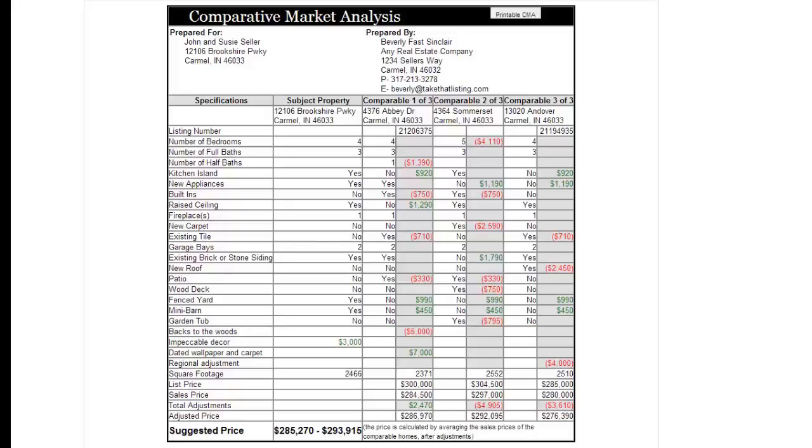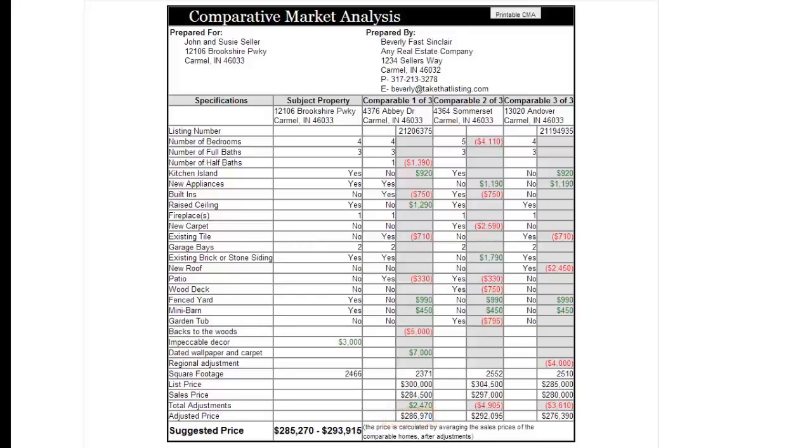Presenting the bottom of the CMA, I would say, Mr. and Mrs. Seller, we know this house, for example, is listed for $300,000, sold for $285,000. But if you do all the addition and subtraction in this gradated column, these are the features that we changed on paper to make it match your home's features. If this house had the same features your house had, it would sell for $2,470 more. We add that to the sales price to come up with an adjusted price of